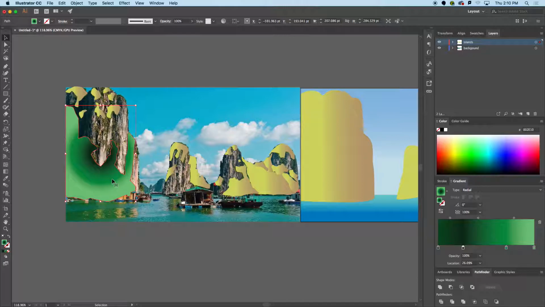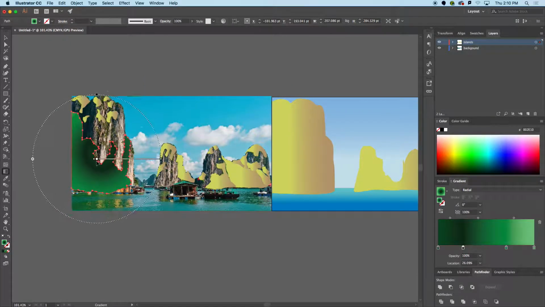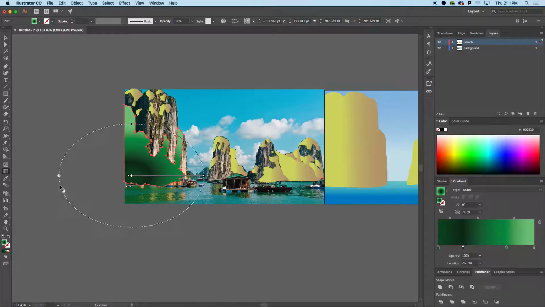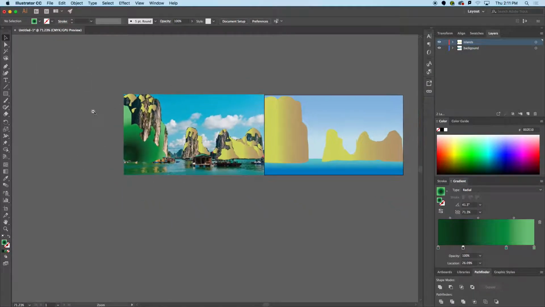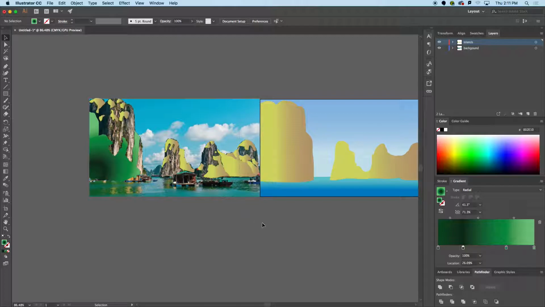Okay, and let's see the gradient tool. Okay, so I'm just going to grab